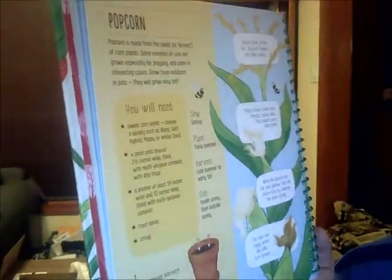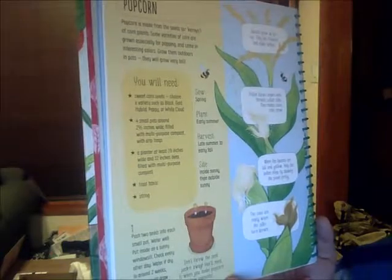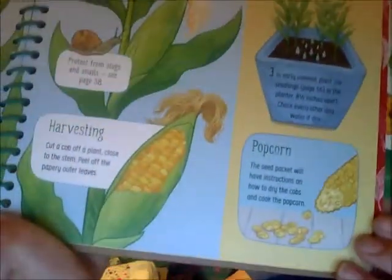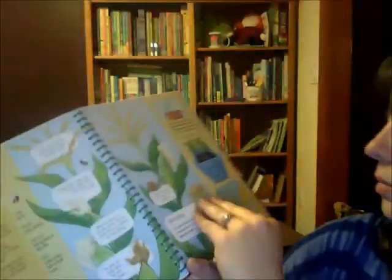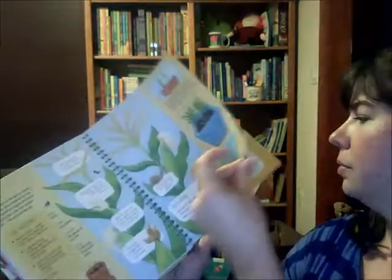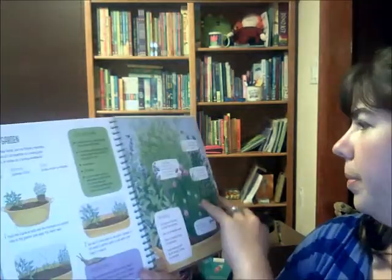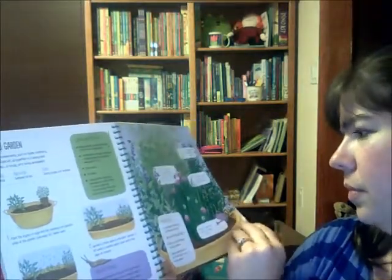How are we going to grow popcorn? It tells you what you'll need. So we're going to need some sweet corn seeds, 4 small pots, a planter, frost fabric, and string to grow our corn. Okay, and then it lets you know what actually is popcorn. We're going to talk about our herb garden, how to harvest it, and then we're going to get to our